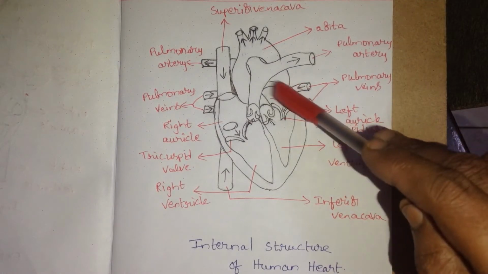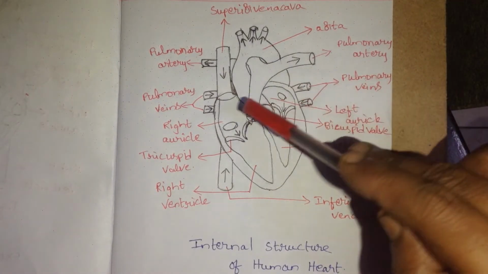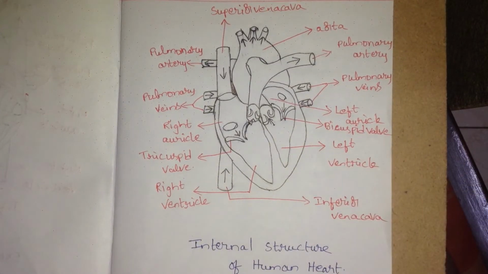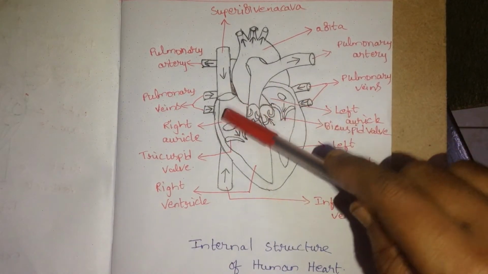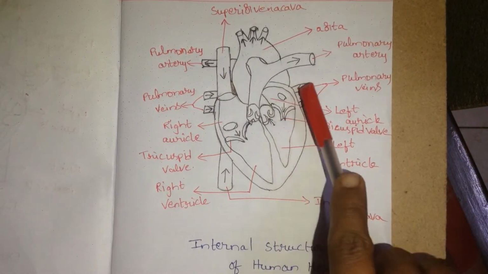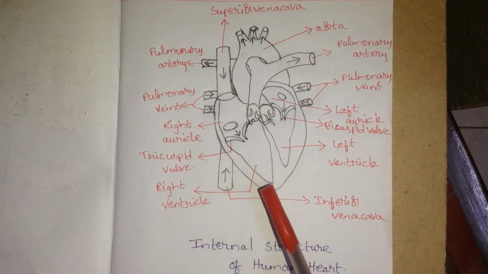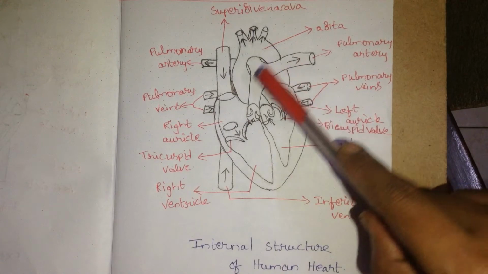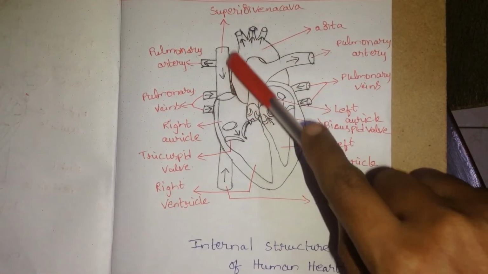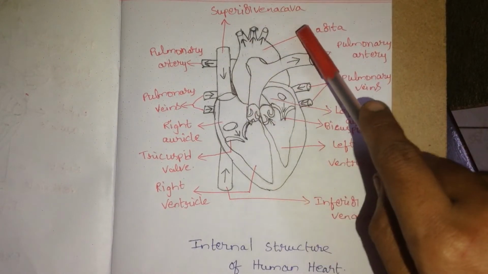Next, the 4 chambers of the heart are located, as I said, on both the right side and left side of the heart. The inner space of the left auricle and left ventricle is a little bit smaller when compared to the right auricle and right ventricle. The largest artery is the aorta, which pumps blood to all body parts.